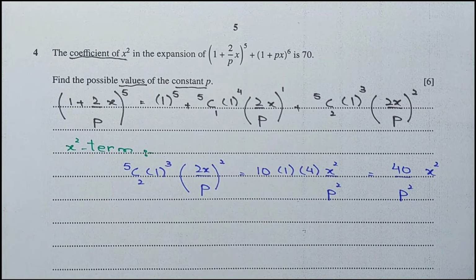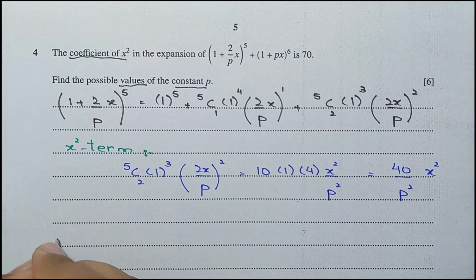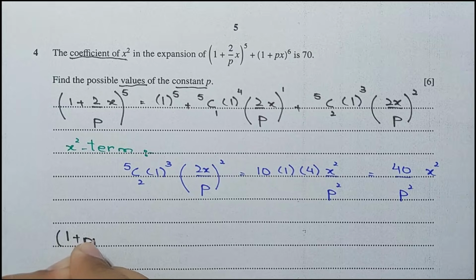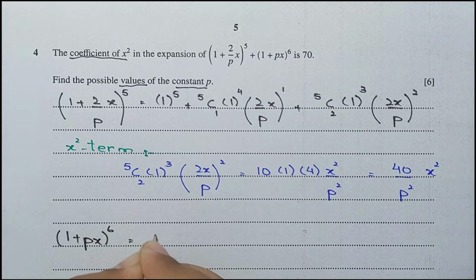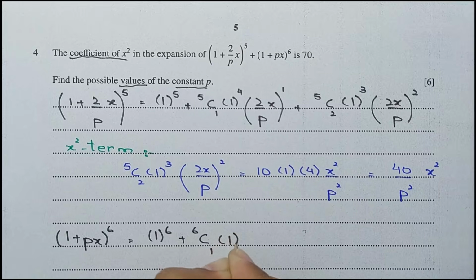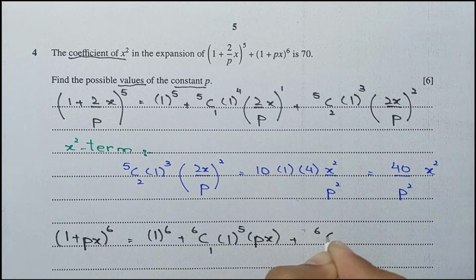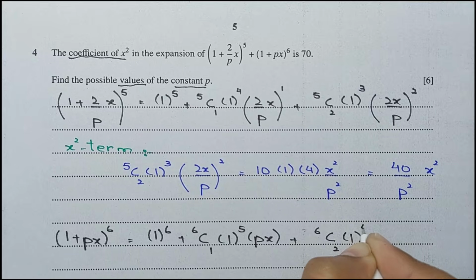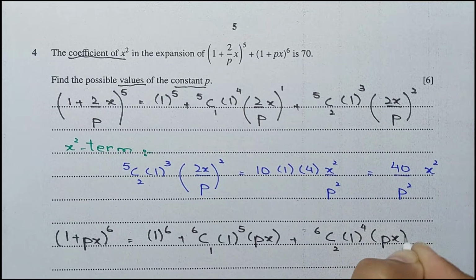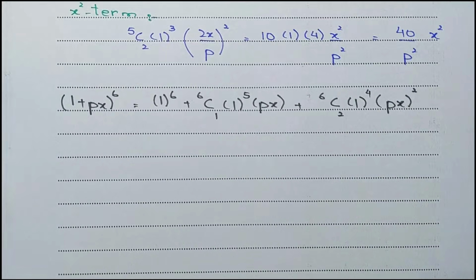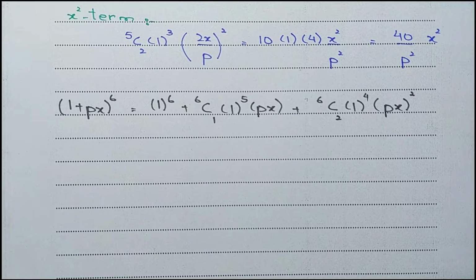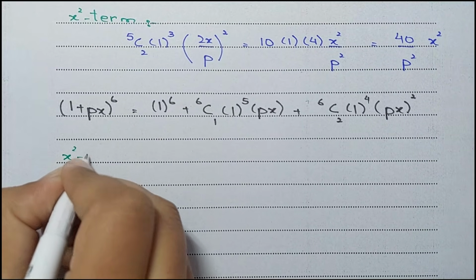Now open the second expansion. 1 plus px to the power 6. 1 to the power 6, 6c1 times 1 to the power 5 times px, plus 6c2 times 1 to the power 4 times px square. This is the x square term, right? Now we have the x square term